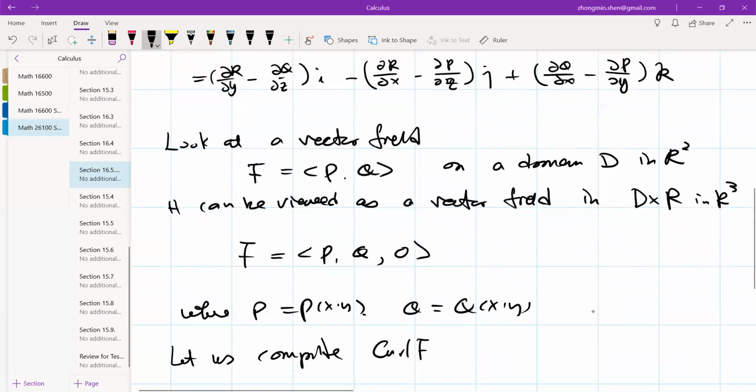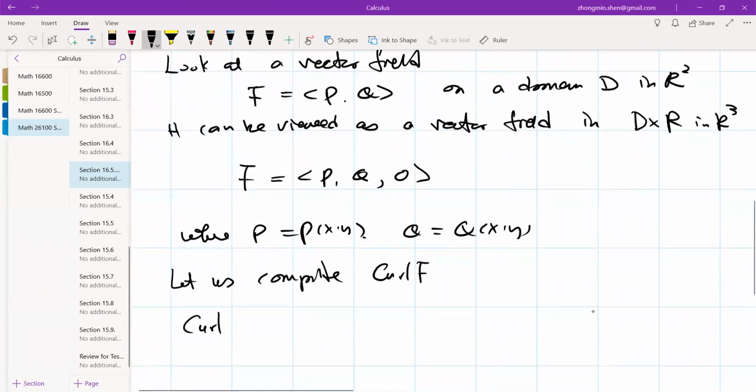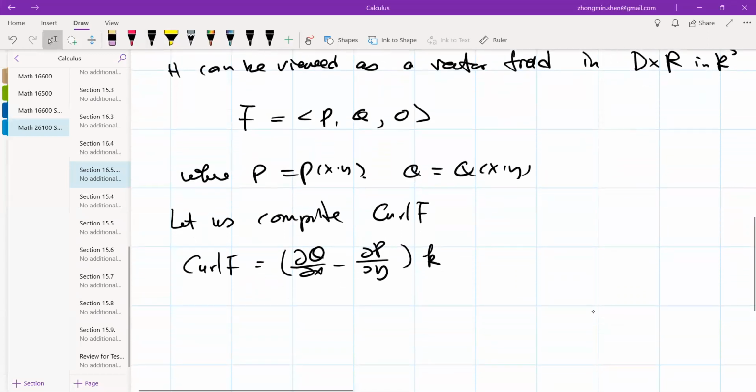So what is left is only the last term, which is the partial derivative of Q with respect to X minus the partial derivative of P with respect to Y, times k. And now you are familiar with this term, right? In Green's theorem. Okay, great. So the dot product with the unit vector pointing to